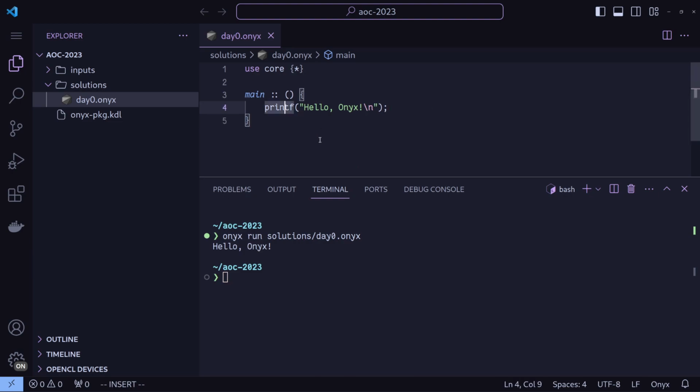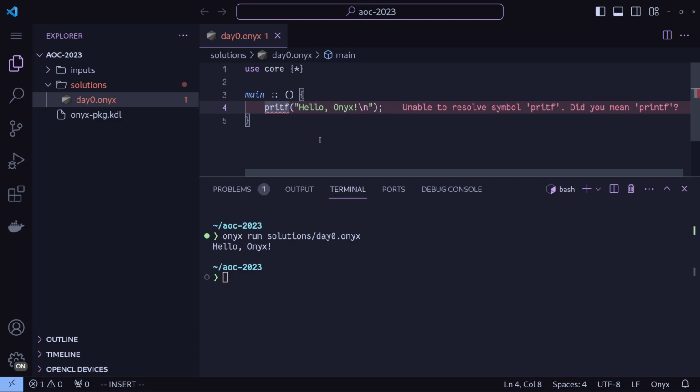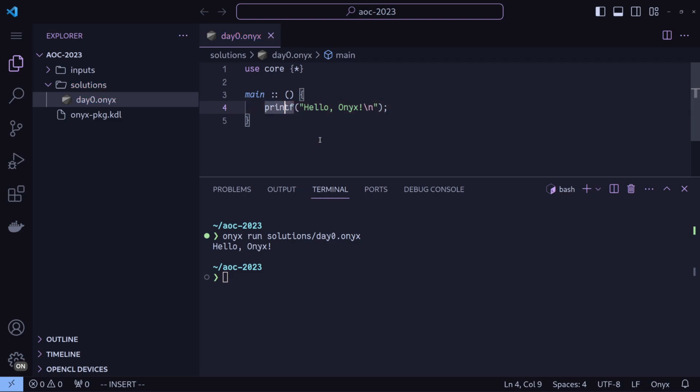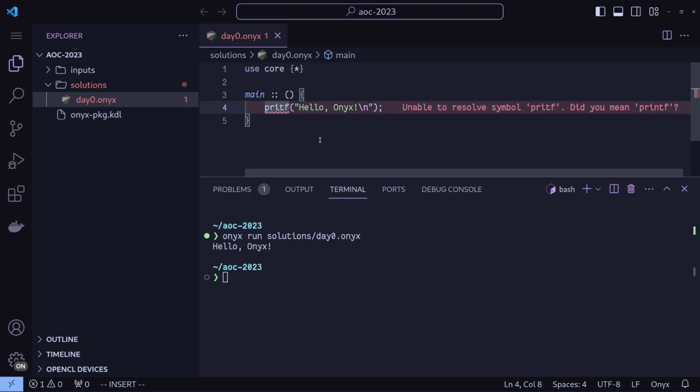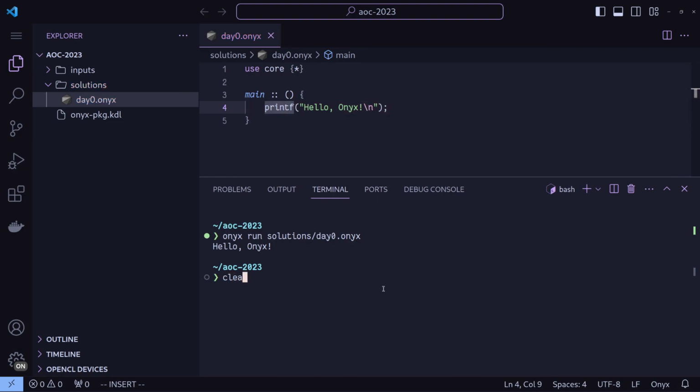Now, what we don't have set up yet in this project is the language server. If I misspell this, oh, actually, I misspoke. VS Code doesn't need any configuration. If you're using VS Code, you don't need any extra configuration for this. Every Onyx file already has support for the language server. But for clarity, we can also manually configure our language server,